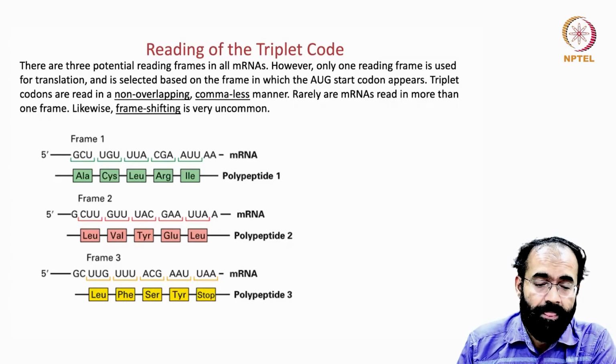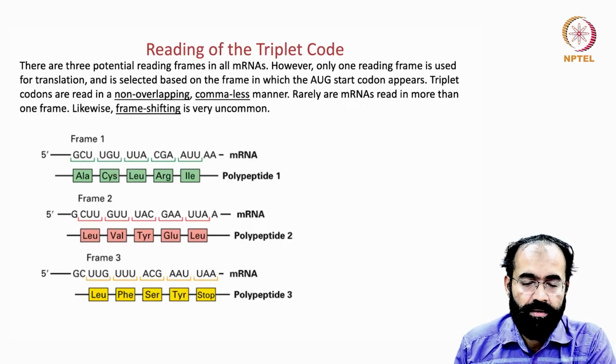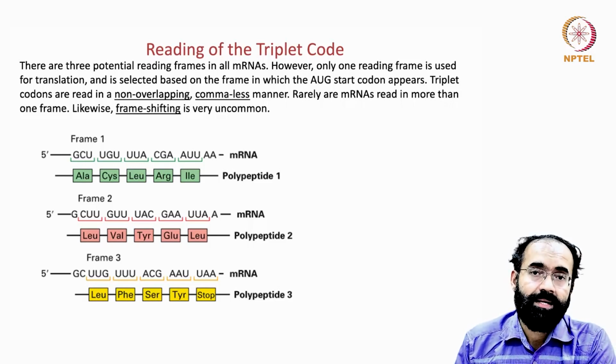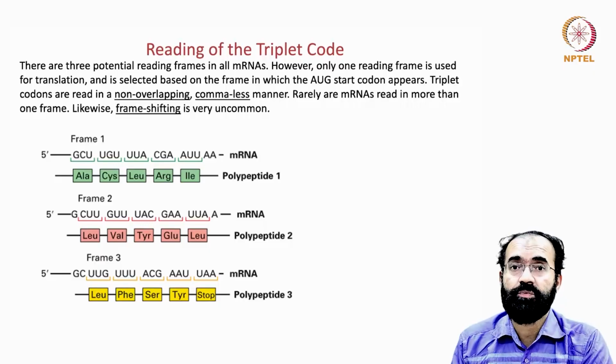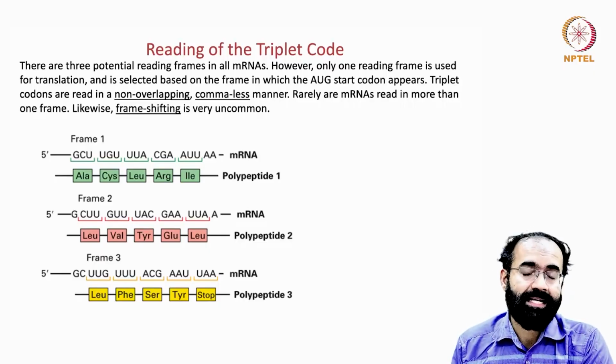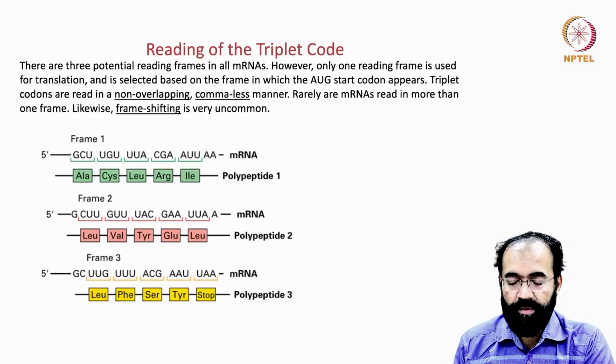And what is the other frame? It is skipping 2 bases. Like this is GCU, G and C are skipped here. So UUG is taken. UUG, UUU, ACG, AAU, UAA, like that it continues. So we can say each frame has the potential to give a polypeptide: polypeptide 1, polypeptide 2, polypeptide 3. But in reality, only the right one is going to complete a substantial stretch of amino acids. The other frames often end up in a quick stop codon or a very frequent stop codon.